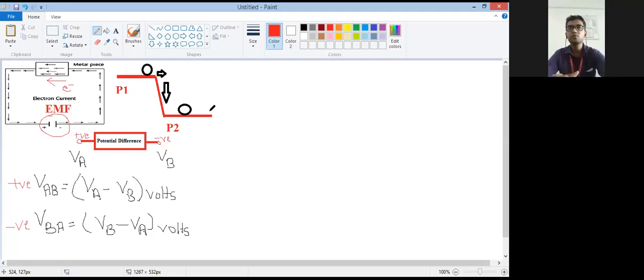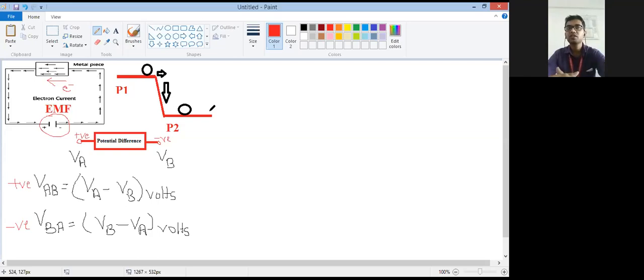So suppose 2 points are there. See the diagram I have shown, that P1 is one potential point, P2 is another potential point. When a roller is rolled from P1, it will roll down and go to P2 because it is going from higher energy towards lower energy. The difference between the two energies is converted into kinetic energy. That's why this rolling takes place. Hope it is clear. Similarly, electrons go from higher potential towards lower potential.